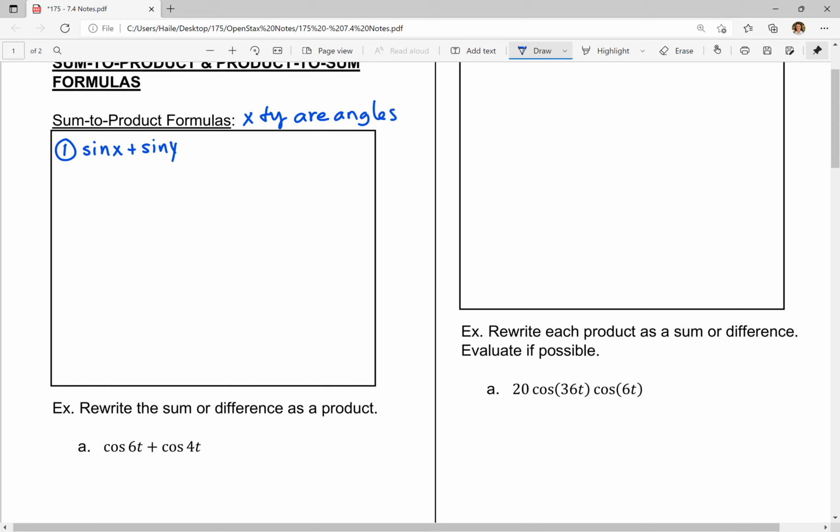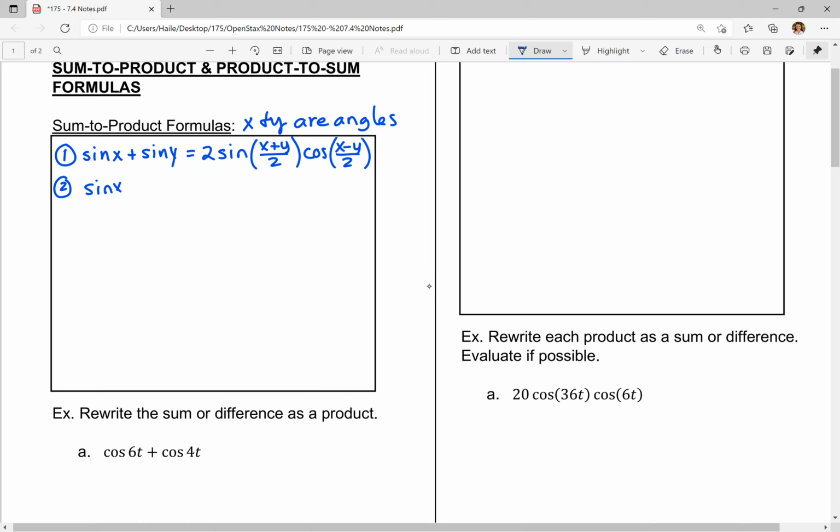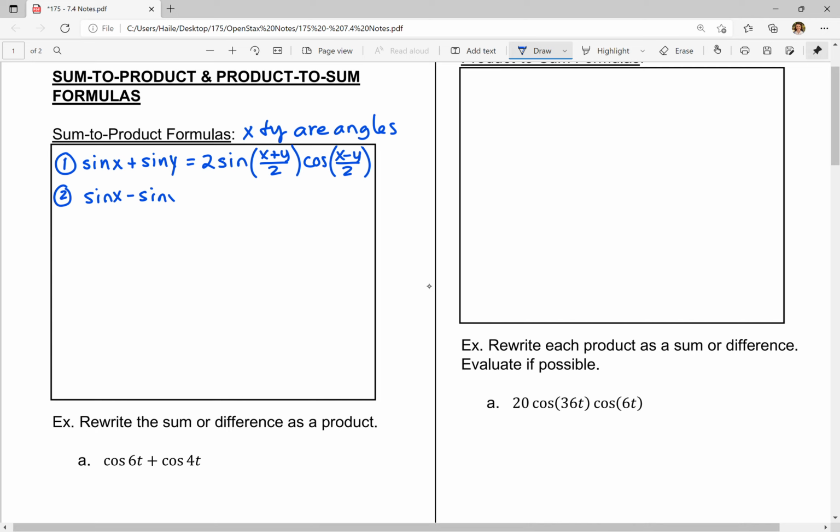Okay, so if we have sine x plus sine y, this is equal to 2 times the sine of (x plus y) over 2 times cosine of (x minus y) over 2. Okay, so that's if you have sine plus sine. Maybe we have sine minus sine. So if we have sine x minus sine of y,